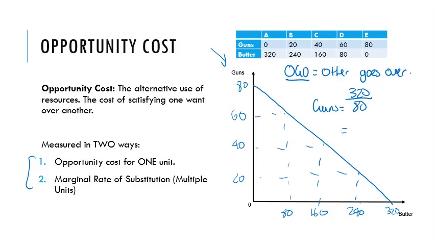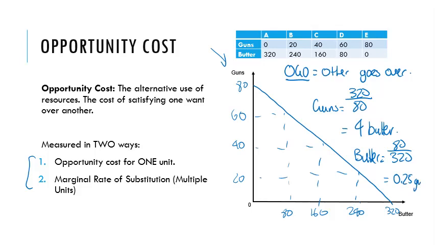So what that means is for every additional gun I make, I lose 4 pieces of butter. Okay, now for every additional butter I make, we can make an optimal 320, and you would put 80 over. 80 over 320 is